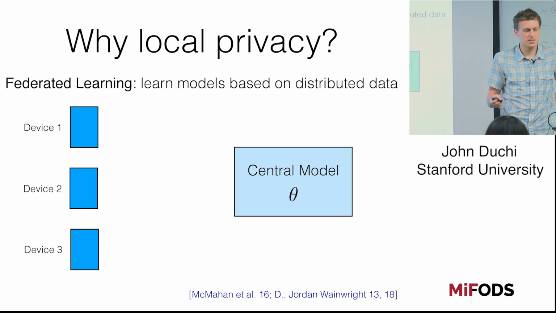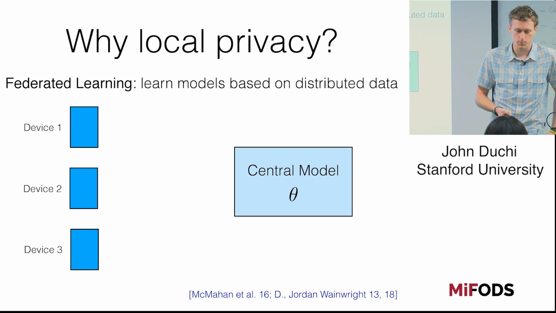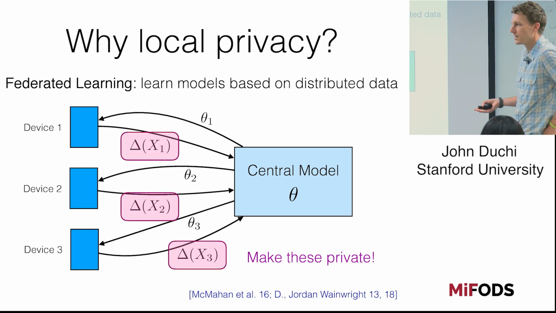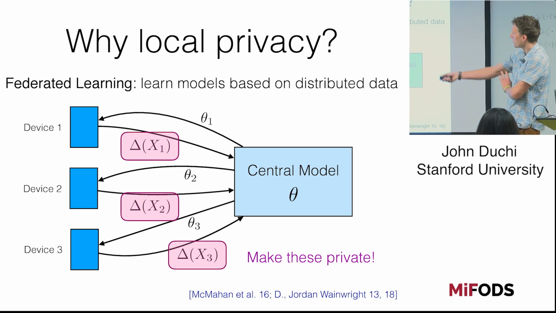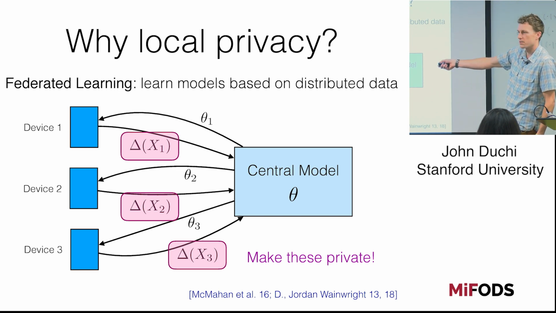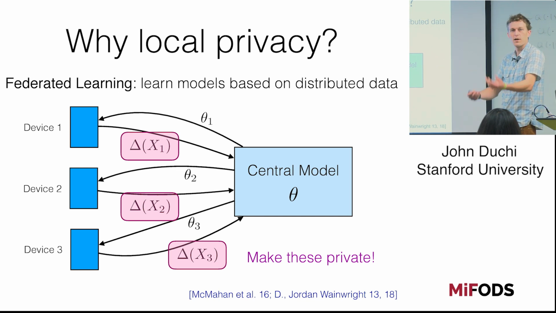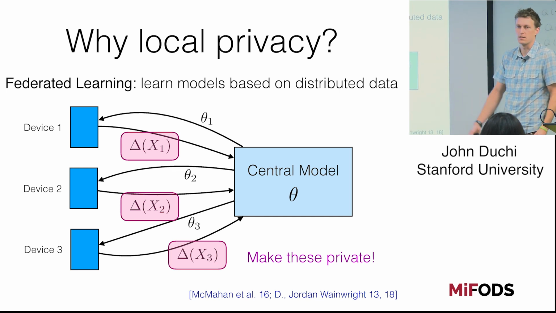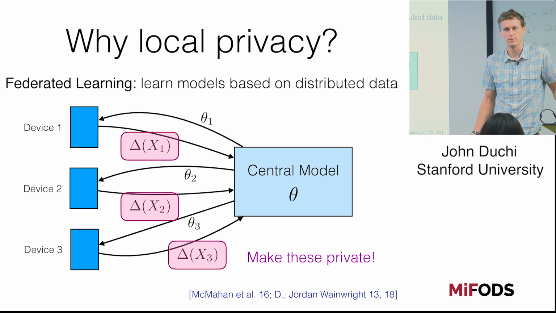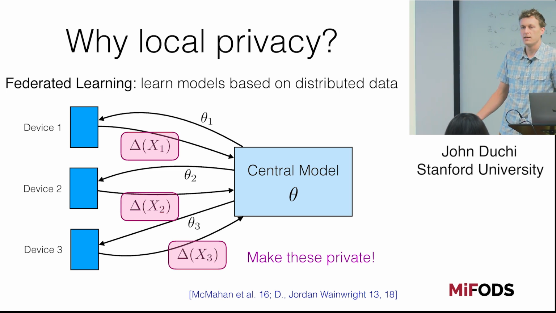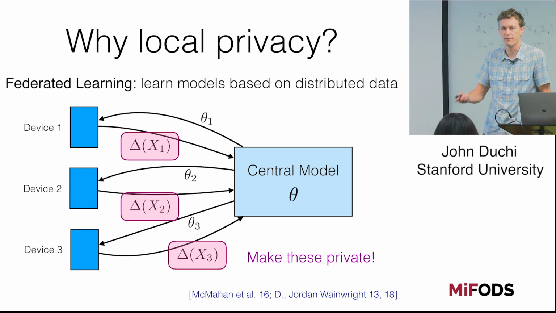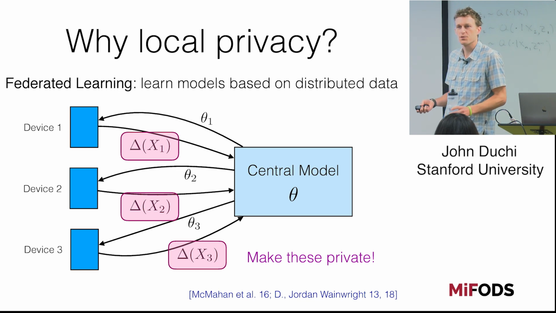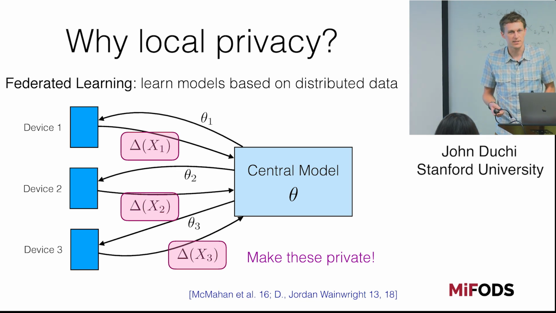And so you have these schemes that people are starting to develop and deploy at Google, Apple, wherever, where you've got some central model you're trying to fit, and a bunch of devices in people's pockets. The central model sends out some model to device 1. Device 1 does some kind of processing, and then sends back some update to the model. It says you should change your model this way to make it fit my data a little bit better. We keep iterating this back and forth. But of course, what you really want to do is make each of these updates or changes to the central model private in some way. So these are the types of scenarios that we are looking to apply these ideas to.